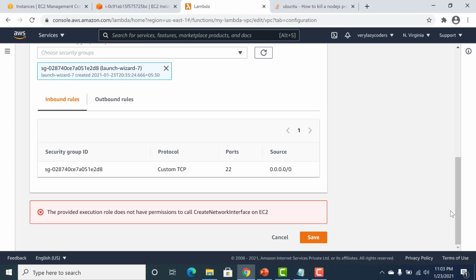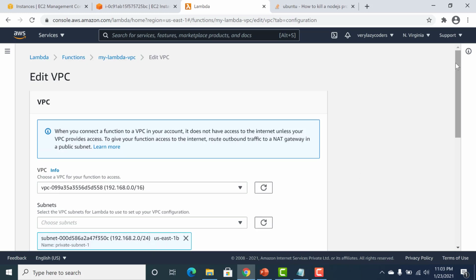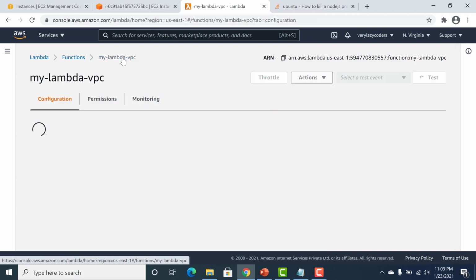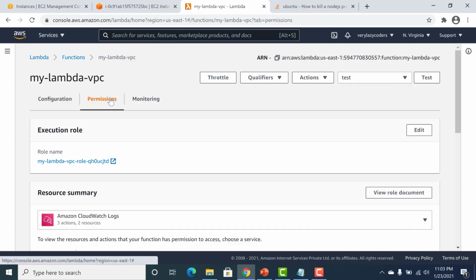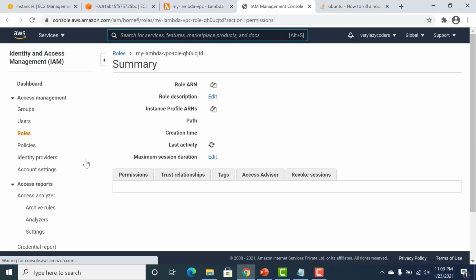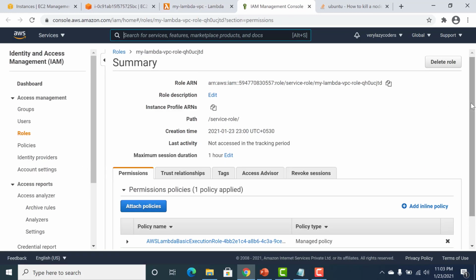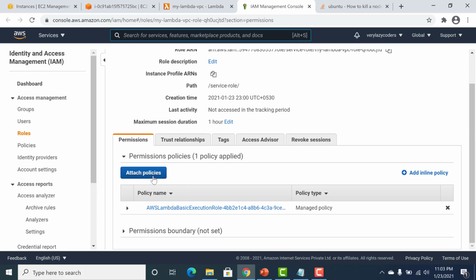So you get an error saying that the particular role that is associated with your Lambda doesn't have access to create a network interface. To overcome this error, you need to add permissions to give that particular Lambda access to that. So I'll go to my permissions tab and attach a policy.